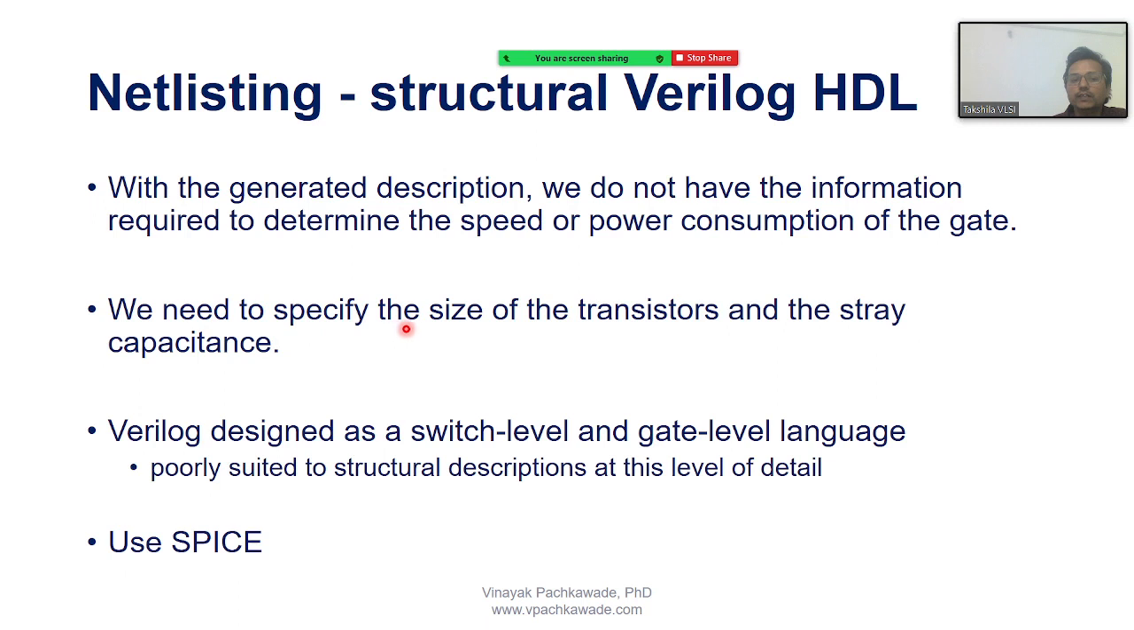So for that we need to specify the size of the transistors and the stray capacitances. What is the meaning of the size of transistors? If you recall, I have explained in the previous sessions that for our transistors we always talk about the W by L ratio, right? We always talk about the W by L ratio, where W is the width and L is the length